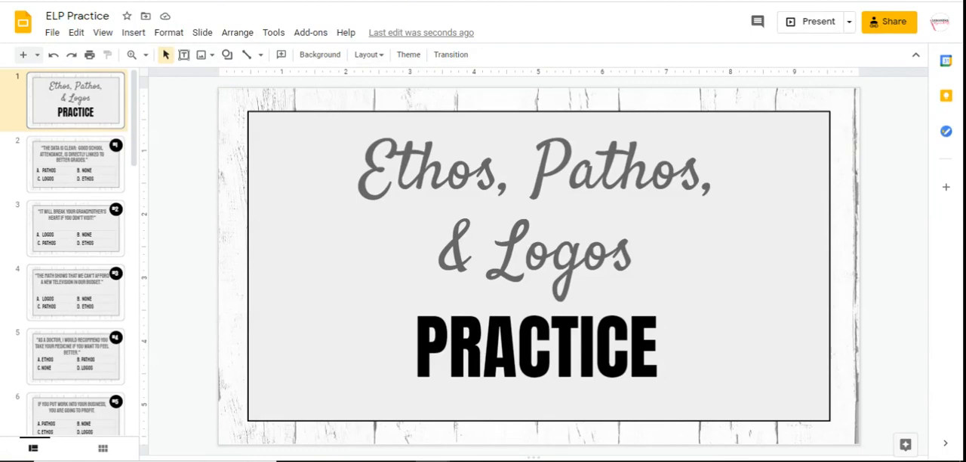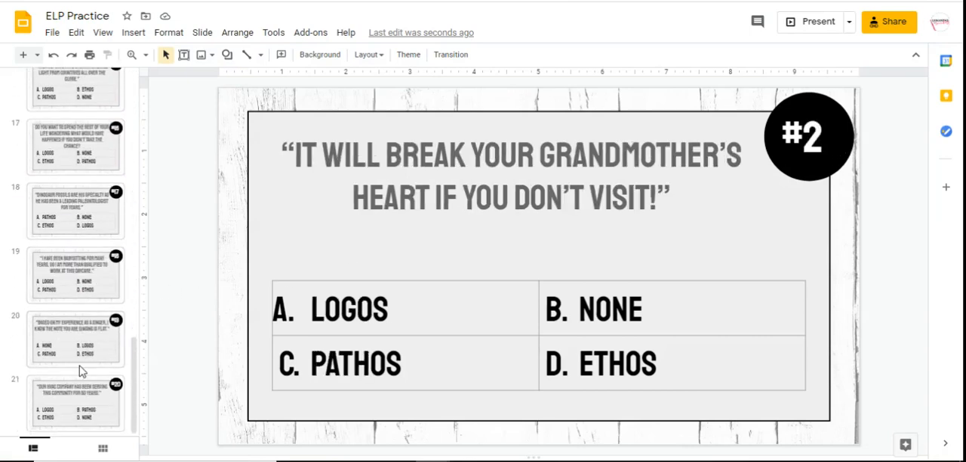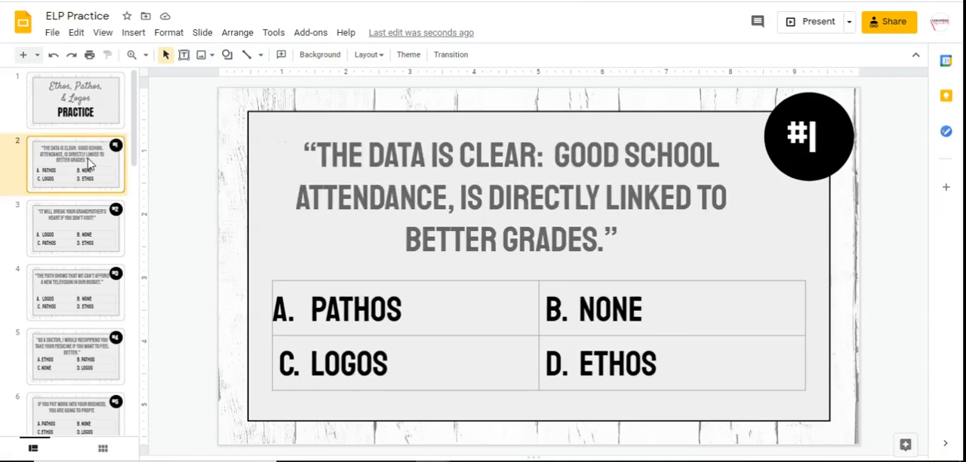The first thing you want to do is create your Google Slides presentation and label your first slide with whatever you want to call your deck. This is my Ethos, Pathos, and Logos practice deck. So each question that I add has an example of Ethos, Logos, or Pathos, or none, and then the number of the question. So I put all my questions in first. And then what I do is I create a Google form to go with this deck